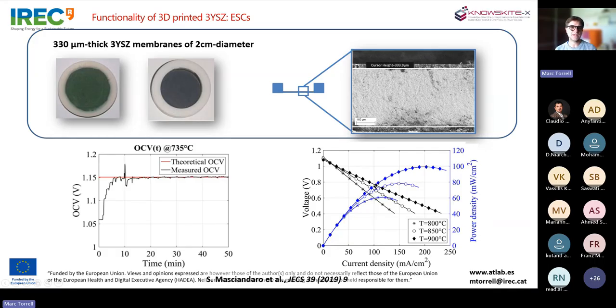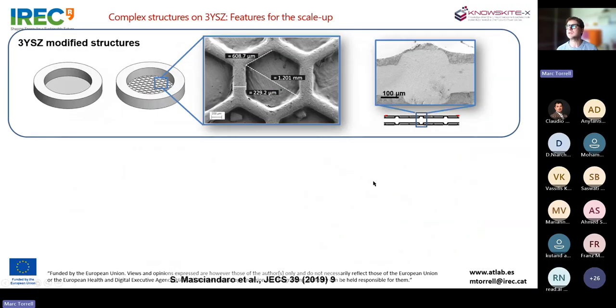So we wanted to progress on that once we had the proof of concept, and we started adding some complexity to our electrolytes. Here we print the honeycomb with the idea of adding some mechanical resistance to the membrane, helping the reduction of the membrane thickness inside this honeycomb, and reducing the thickness of this electrolyte that, as you know, is one of the main contributions to the resistance of these devices. Besides this, putting a honeycomb on top of this electrolyte also increases the area of the electrolyte, so the active area of the cells.